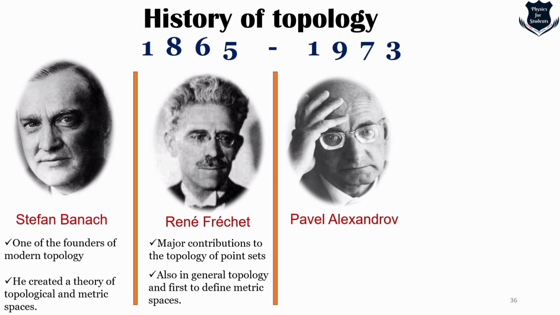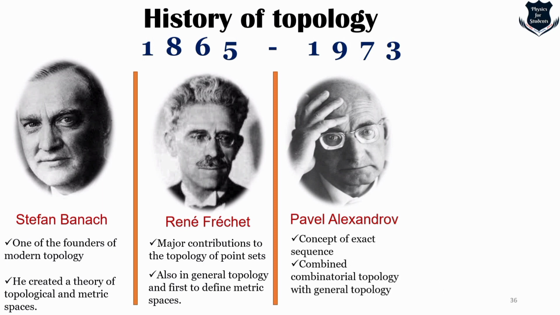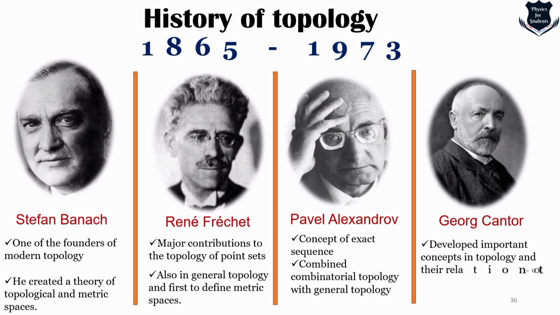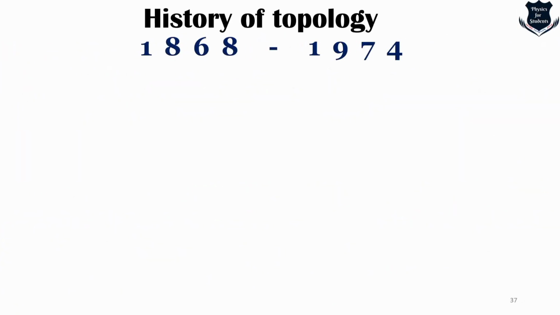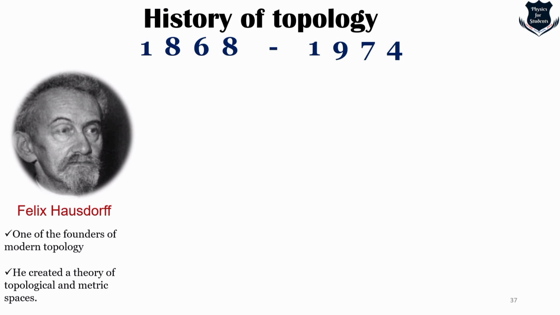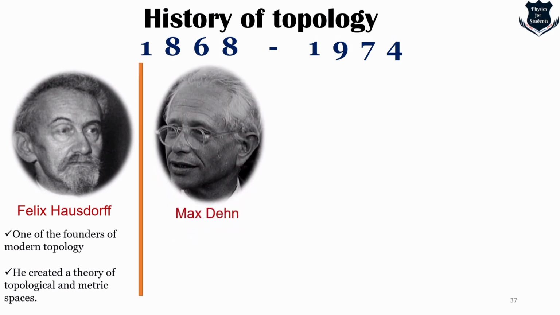Pavel Alexandrov, sometimes romanized as Paul Alexandrov, was a Soviet mathematician. He wrote about 300 papers making important contributions to set theory. The Alexandrov compactification and the Alexandrov topology are named after him. Georg Cantor, a German mathematician, played a pivotal role in the creation of set theory, which became a fundamental theory of mathematics. Around 1868, we find Felix Hausdorff, one of the greatest founders of modern topology, and Max Dehn, who founded the Dehn twist,